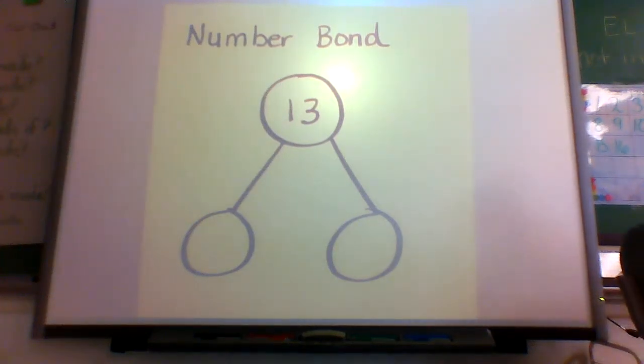Good afternoon. I want to first share with you some of the concepts that we've been working on in class so that you have an idea of how to complete or what your child is talking about when they mention terms such as number bonds. With a number bond, there are